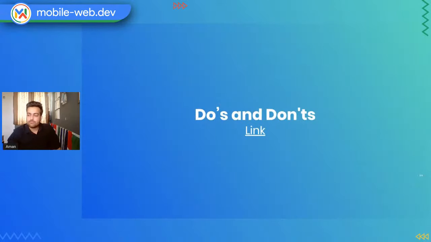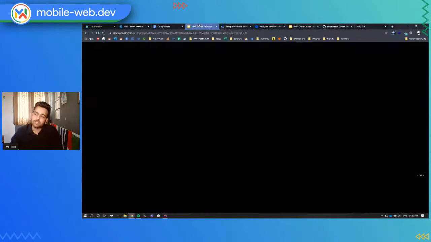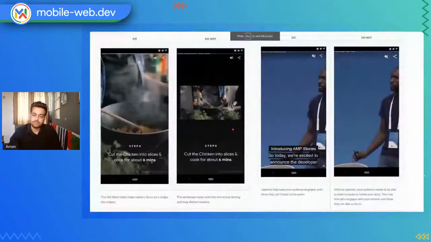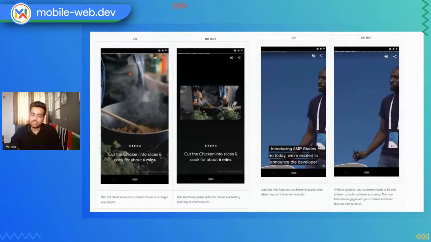Then let's talk about some of the do's and don'ts that you need to follow when you are creating AMP stories. There is a particular document that AMP has created. I will cover some of these do's and don'ts. For example, one of the do's is to use full bleed videos so that everything is engaging, which you see in a normal Instagram story, not in this landscape video mode, which doesn't have any fallback and everything looks blank.